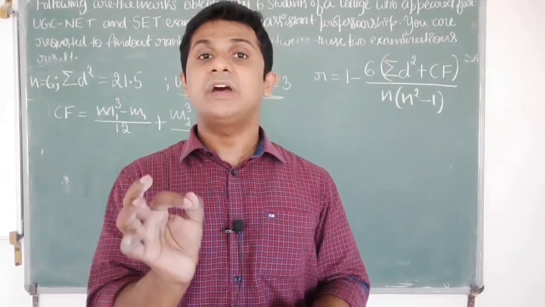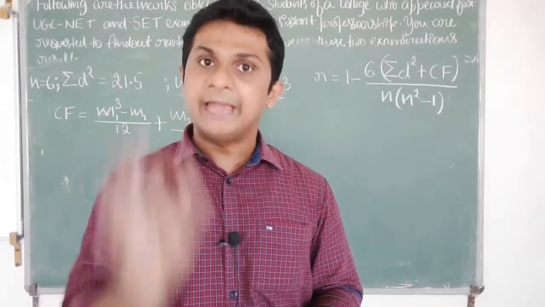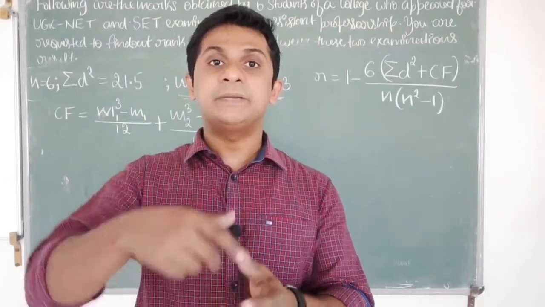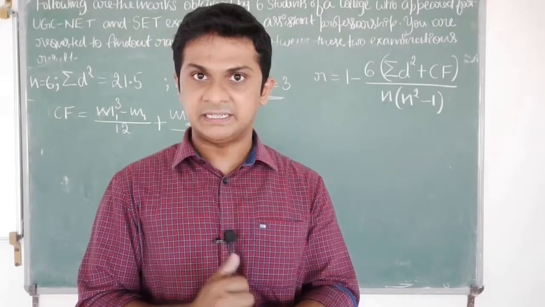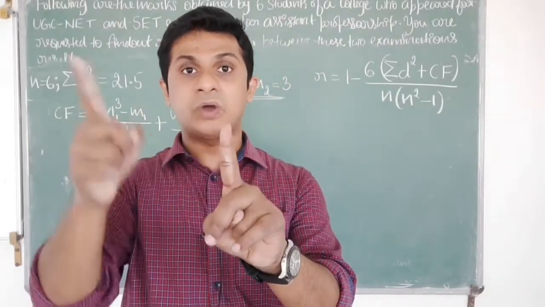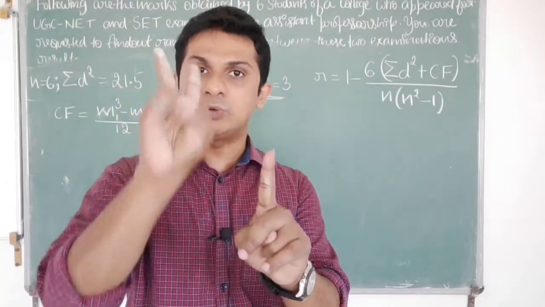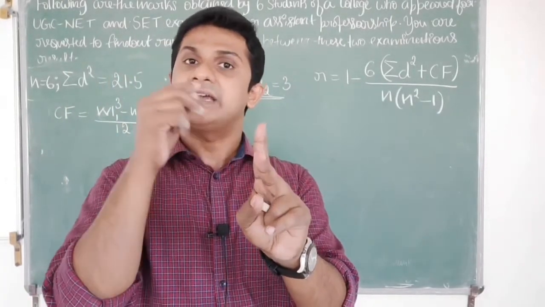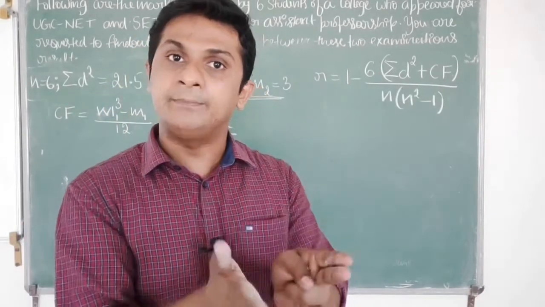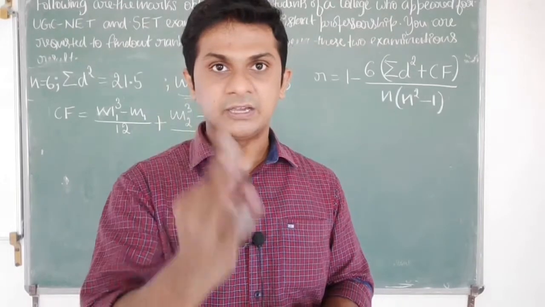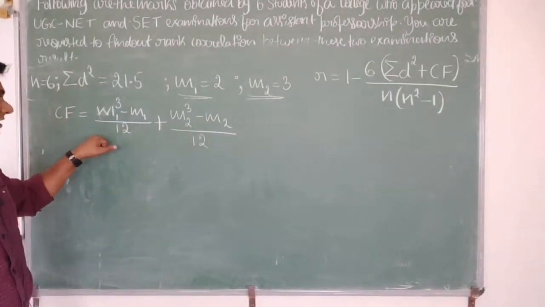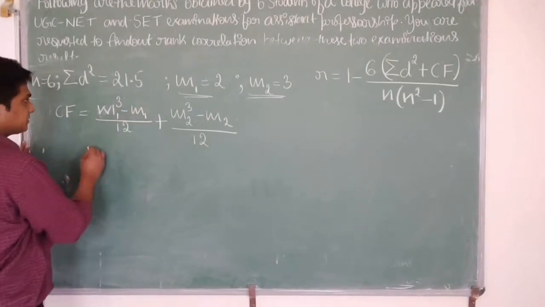Here m1 or m2, to be specific, m stands for how many times a particular value has been repeated in the given data set. We have seen 2 values have repeated. One value has repeated twice, so therefore m1 is equal to 2, and in the second case another value has repeated 3 times, therefore the other value, m2, is equal to 3. Those two values we are considering while calculating the correction factor.